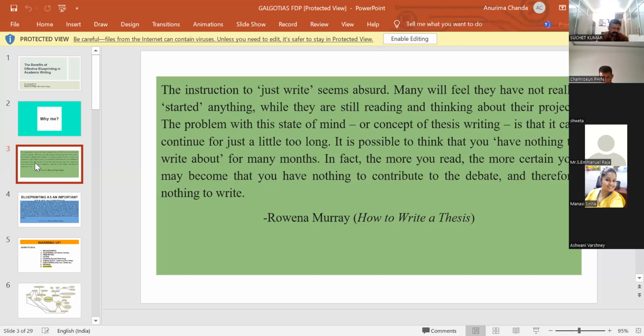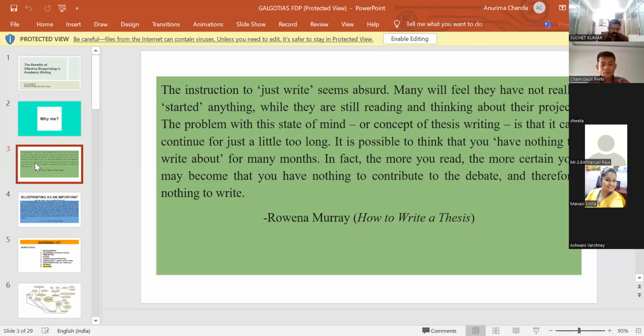And this phase, whatever we might want to call it, we might want to call it writer's block. We might want to call it the phase where things have not really fallen into place. This is the phase that can go on for months, which can become a very, very daunting experience. And I think the anxiety of writing comes from this phase itself, where every time we sit down to write, we feel like we don't have anything substantial to say.